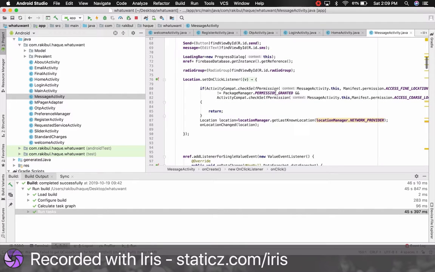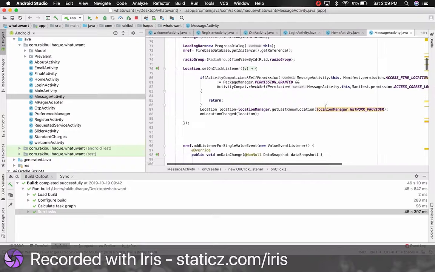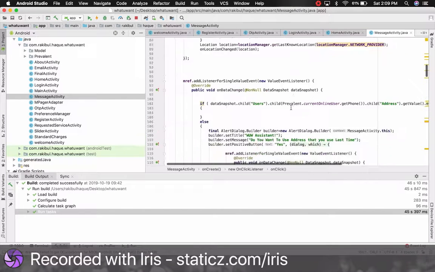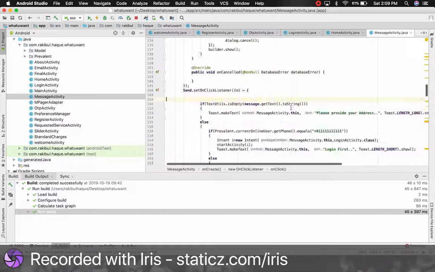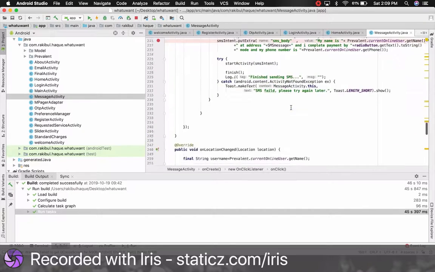We assign this listener to the location button to check if the permission is granted or not. And then let's go to line 262.